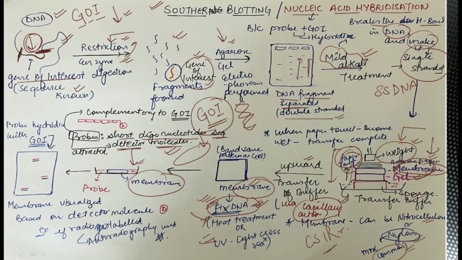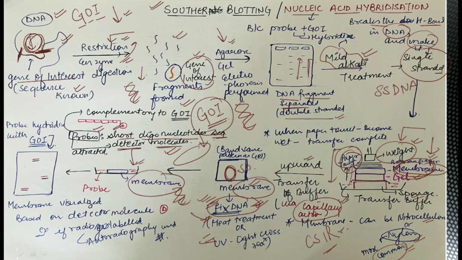What do we do? We subject this particular single stranded DNA to this probe. Now if it is complementary to our gene of interest, it would get attached to it. Why? Because you know that DNA makes bonds only with the complementarity rule. So we know what our gene of interest is, right? We need to understand whether it actually has that or whether the sequence is correct or not.